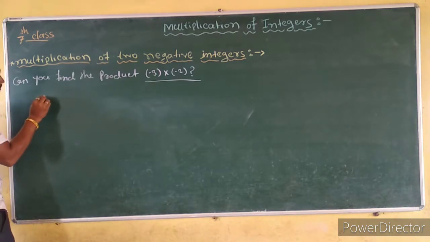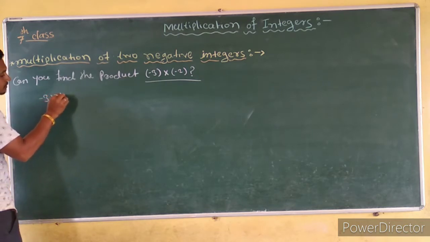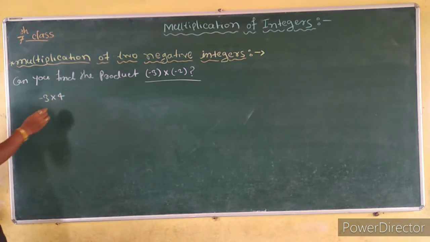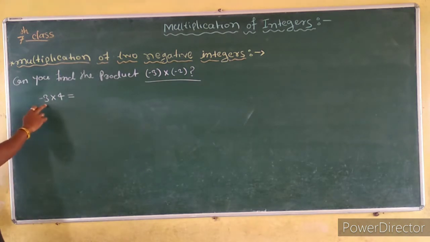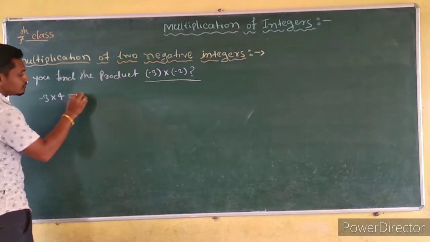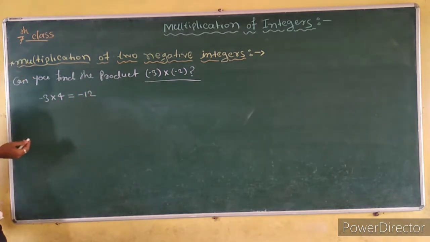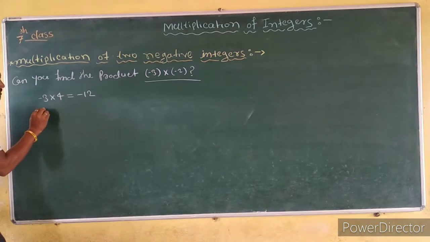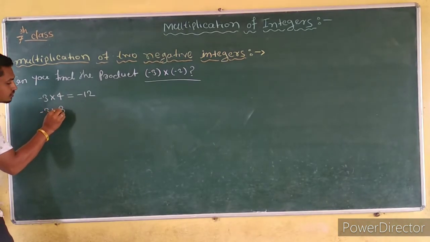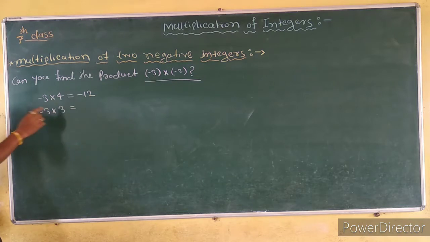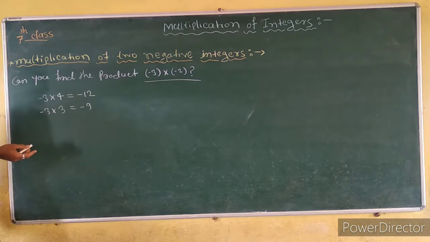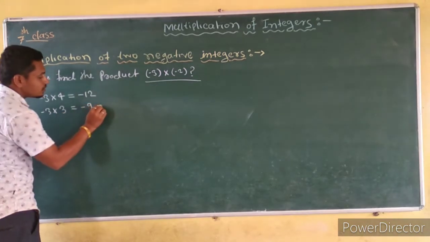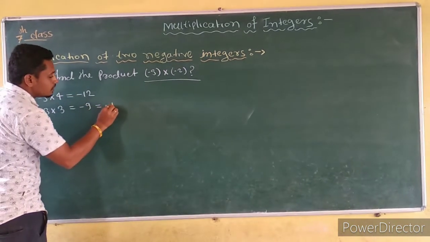Here I take minus 3 into 4 first. You can easily solve this. Minus 3 into 4, 3 fours are 12, so it becomes minus 12. Is it right? Next, minus 3 into 3. Minus 3 into 3 is minus 9. So here it is minus 12